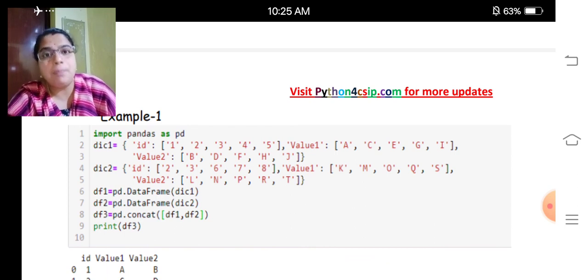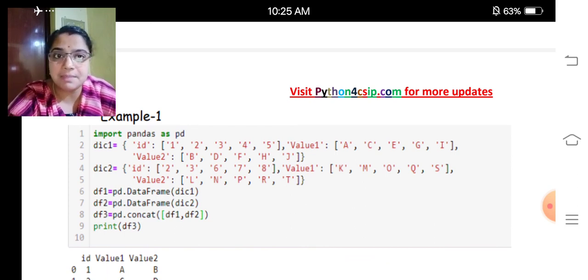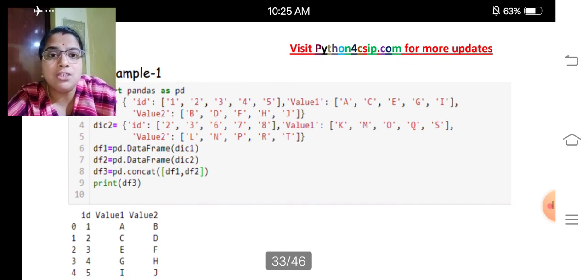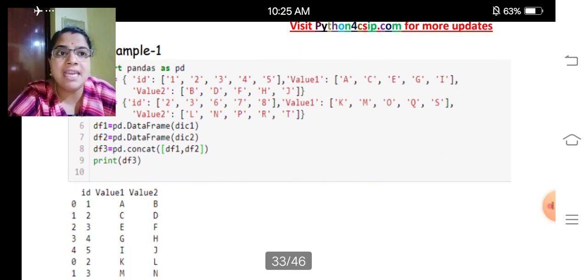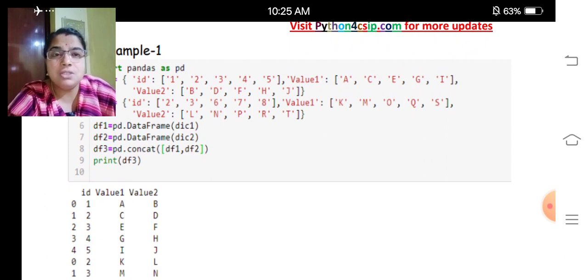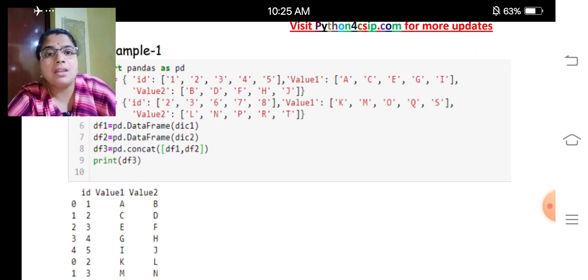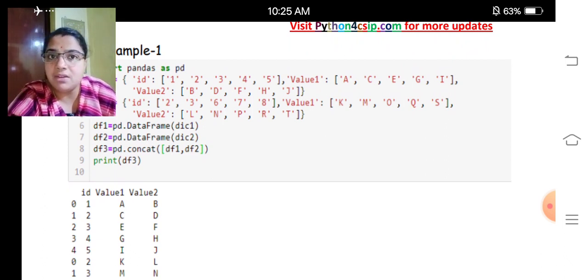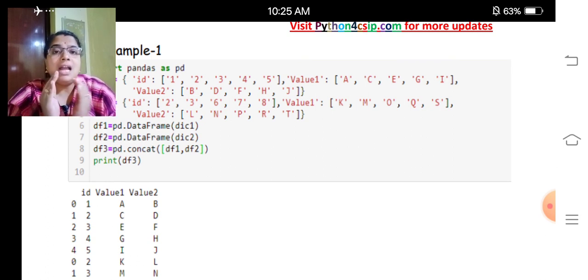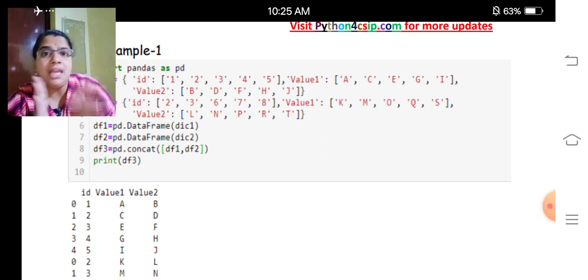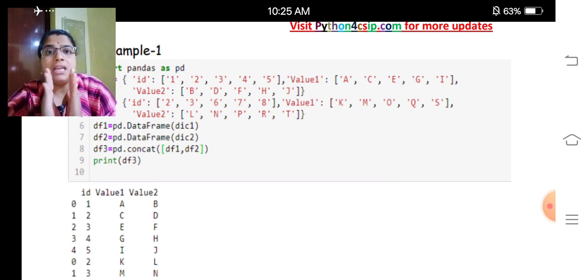Then I tried to print df3. So it will display the values like 1, 2, 3, 4, 5. Then A, C, E, G, I. Then B, D, F, H, J. Then the second dictionary values will be concatenated. So at the end of the first dictionary, the second dictionary will be joined.